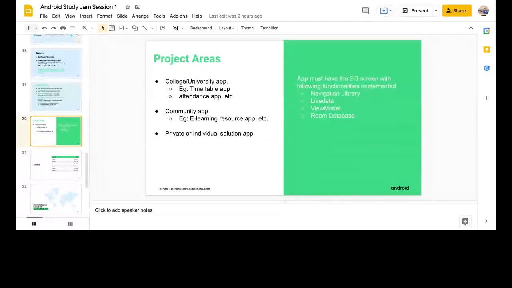You can build a college or university app, solving any problem shared for the college or university, or solve any problem for a community, like an e-learning resource app. You can build a private or individual solution app, like an app for a business model, or any app for your own motive.